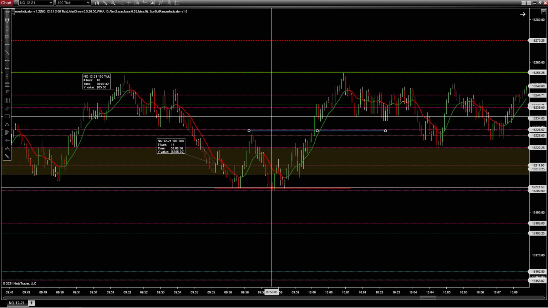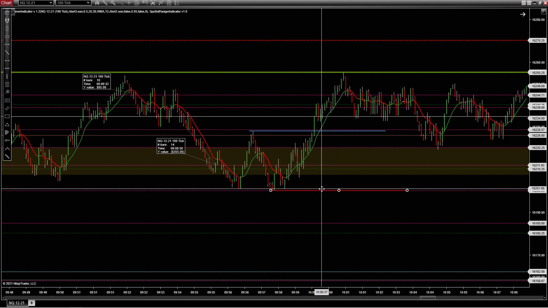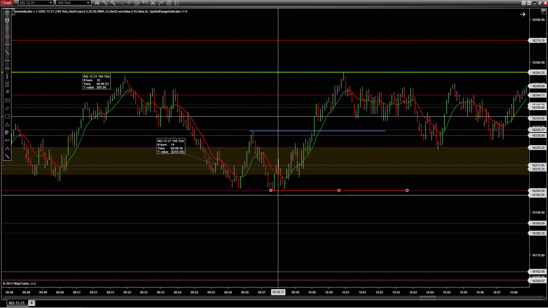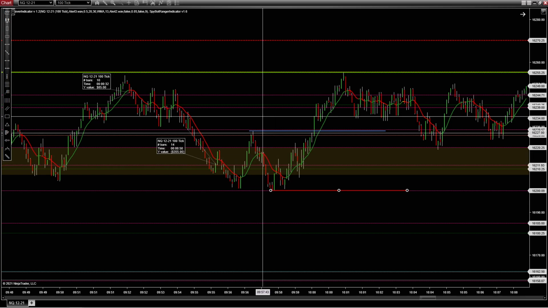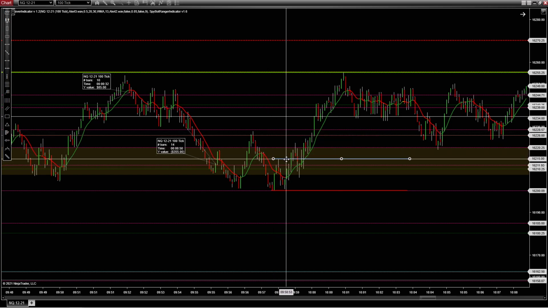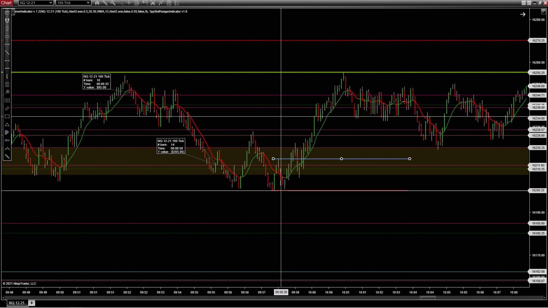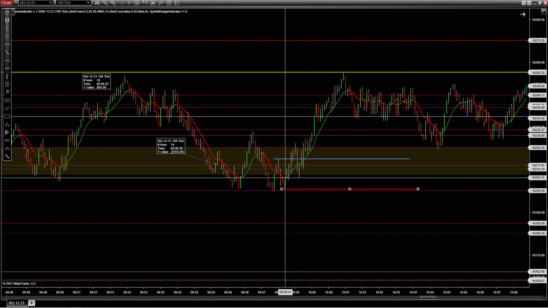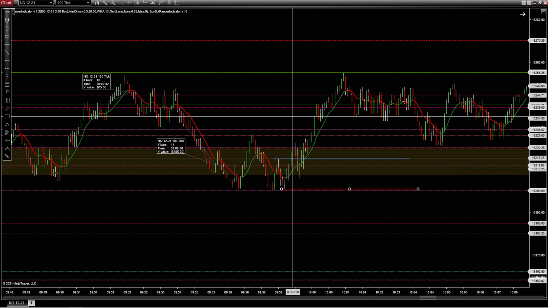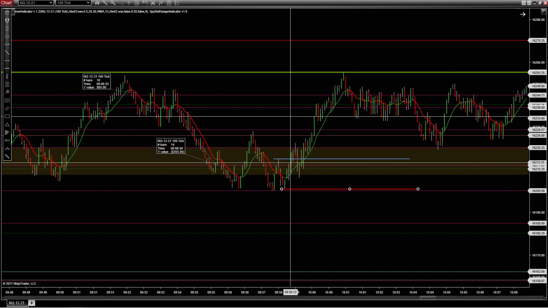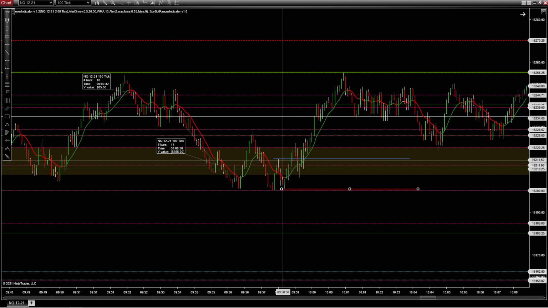So when this came down and then it pulled back to there, our low would be right there. So it made a lower low. So the trend is going down. We pulled up. We pull back to here. That is a lower high. We come down. Now we've got a higher low. As this comes up, do we enter a trade here? No, because we have to have a higher high. When this comes up and then pulls back, now we have